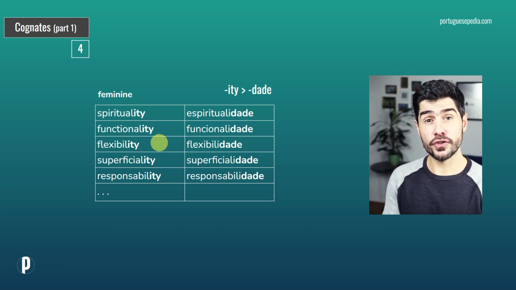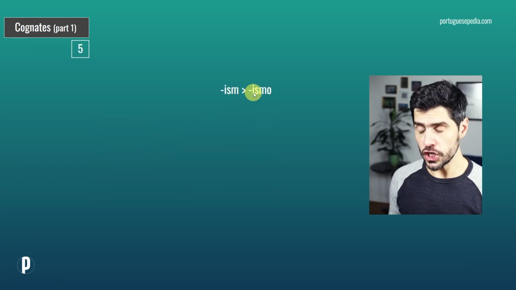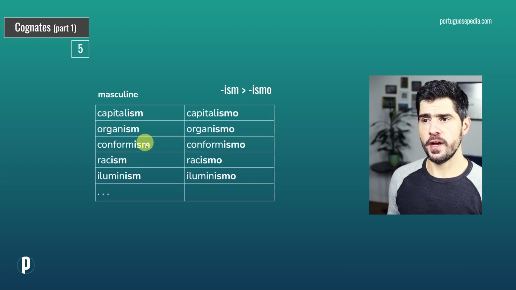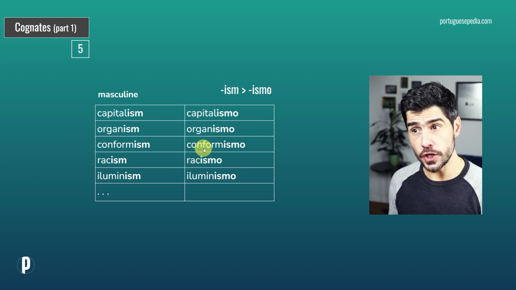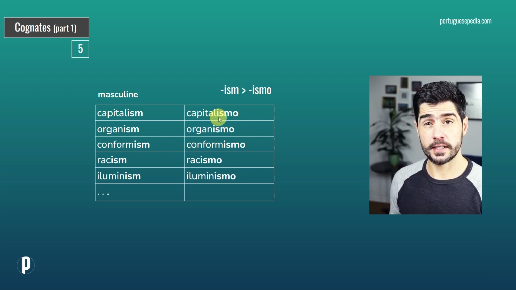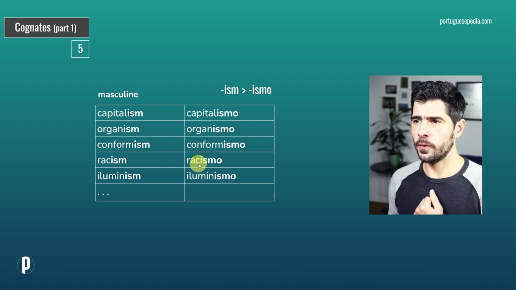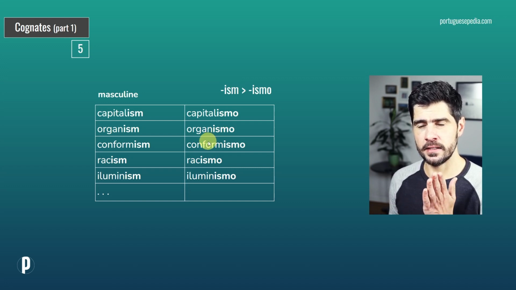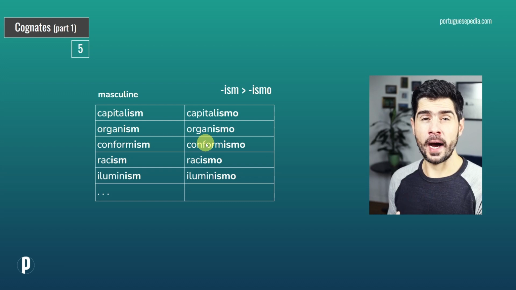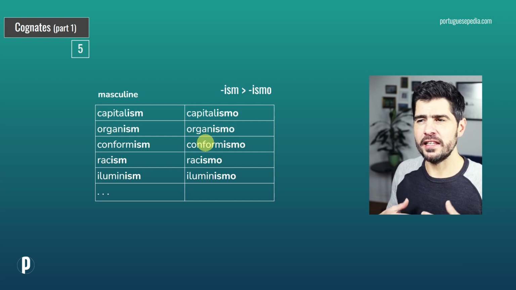All right, let's move on to group number 5. Oh yeah, here we have all the isms and ismo in Portuguese. And so we have capitalism, capitalismo, organism, organismo, conformism, conformismo. You see word stress next to last syllable, racismo. And what else? Yes, the S, it will make the Z sound because it is followed by a consonant that is voiced. It's a voiced consonant, so we'll get the Z sound,